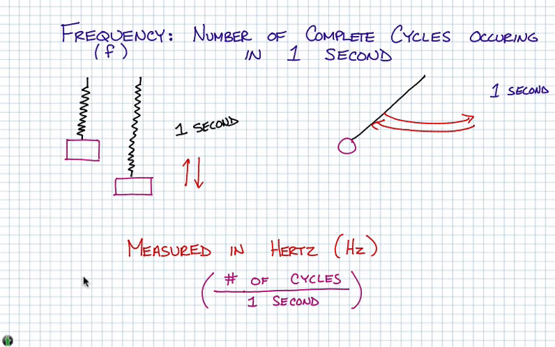It's measured in hertz, which is abbreviated capital H and lowercase z. And again, a hertz is just the number of cycles occurring in 1 second. So